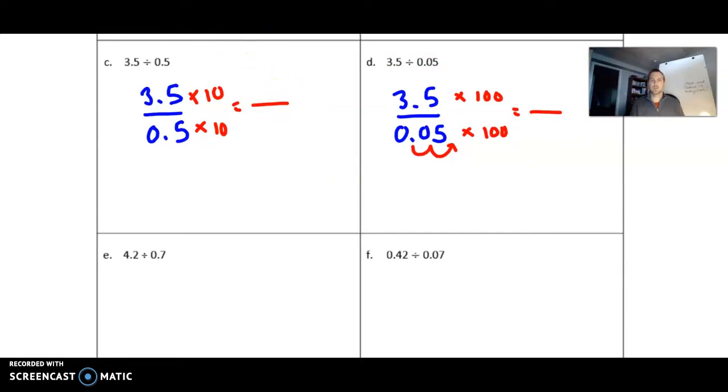A little technical difficulty, but I think we can squeeze this in here. I apologize if there's a little disjointedness on the video. 3 and 5 tenths times 10 is going to give us 35. And we have 5. Again, we have a nice little work here giving us 7 parts. I should really write this as 35 divided by 5. It's going to give us 7. Over here,